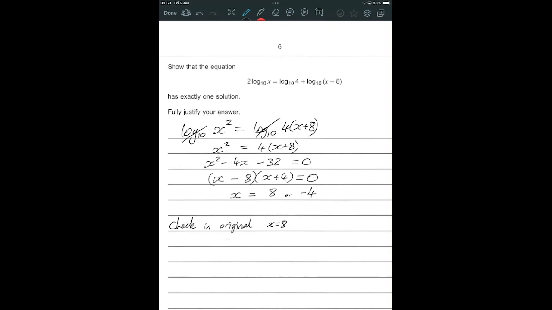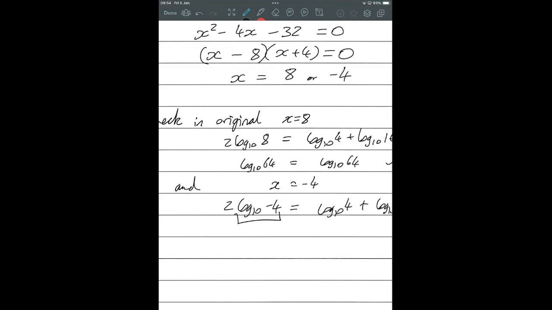When x is 8, that's saying 2 log base 10 of 8 equals log base 10 of 4 plus log base 10 of 16. Left hand side is log of 64. Right hand side is log of 64. That one works. But if I check x equals -4, I'm getting 2 log base 10 of a negative number. Everything else worked out fine, but that section there is not allowed. It's undefined, which says that x equals -4 is not a solution. So therefore, x equals 8 is the important thing, it's the only